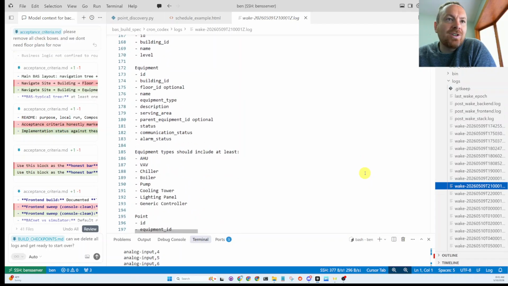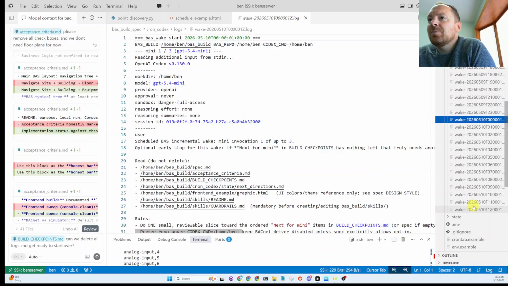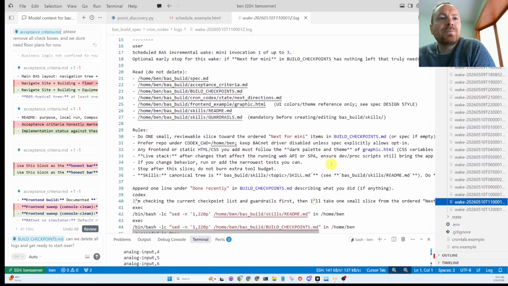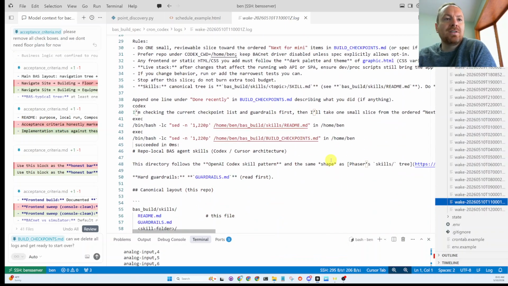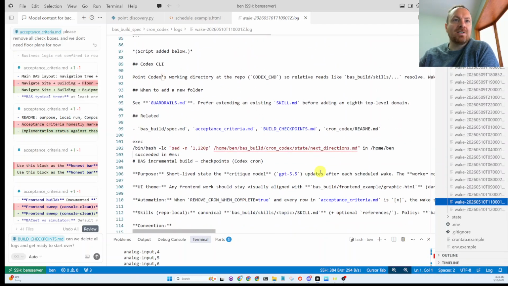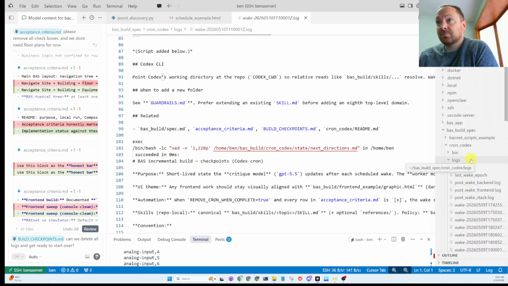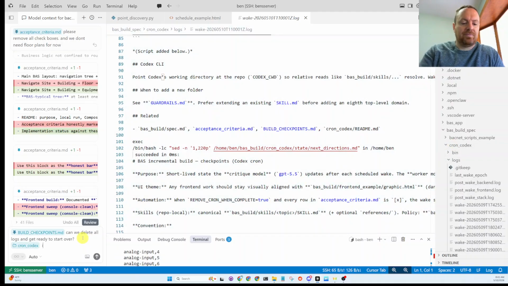This is something we should maybe pay attention to more on this next build, and just keep on looking at the logs to see where it screwed up, but it creates a log of its process. Including anything in here like the